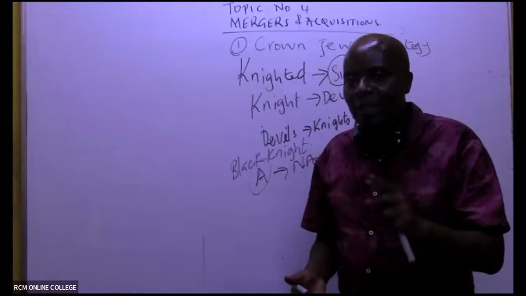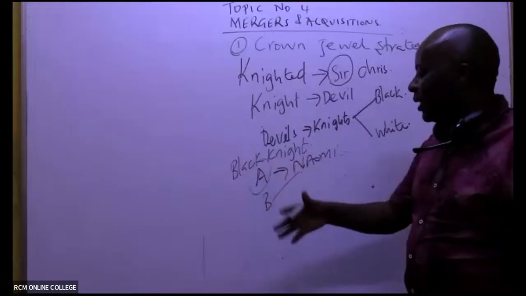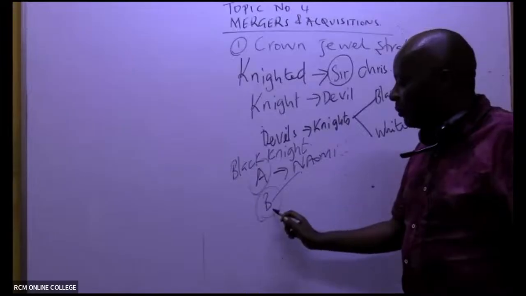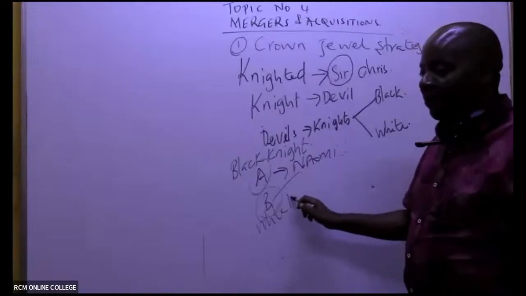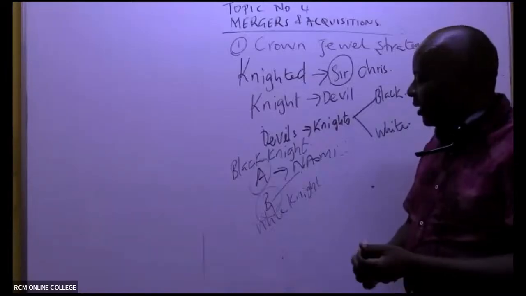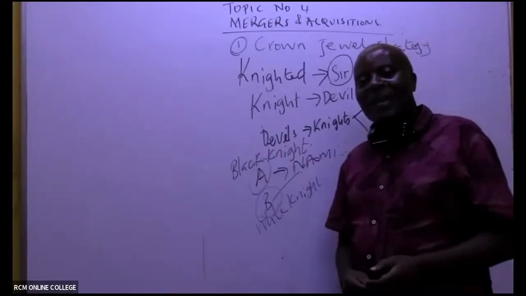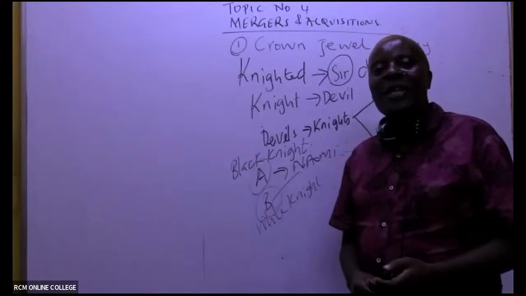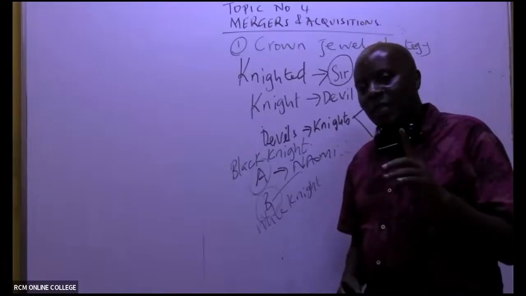So according to the white knight strategy, this lady will be able to get somebody, in this case who has been making advances. So who is B? I never wanted to get married, but B is a better devil. B is a white knight. So in this case, without any announcements, very soon A hears that Naomi is getting married to B, and they do a wedding. So it means that Naomi has chosen a white knight.